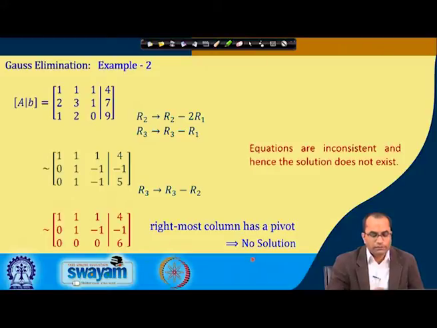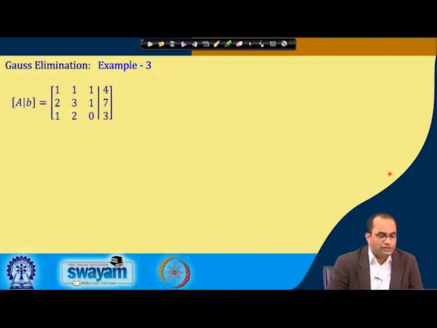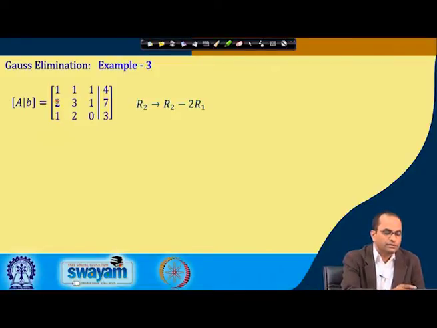Okay, so this is the case of no solution, and the equations are inconsistent, and hence the solution does not exist. Now, we will go to the third example, which is again slightly changed. So, here we will be doing the same operations, R2 minus 2R1